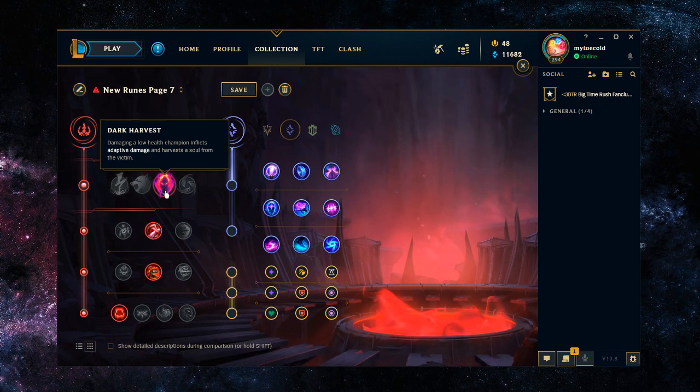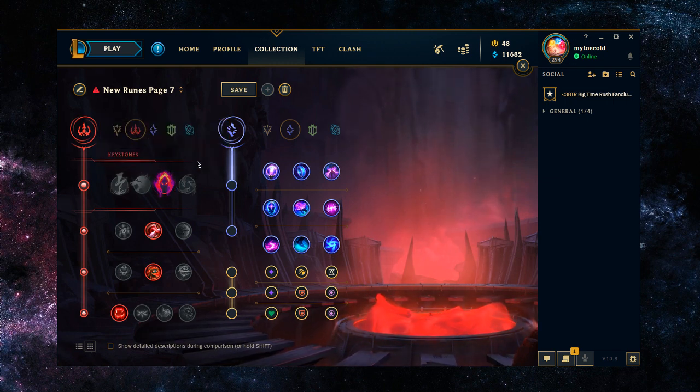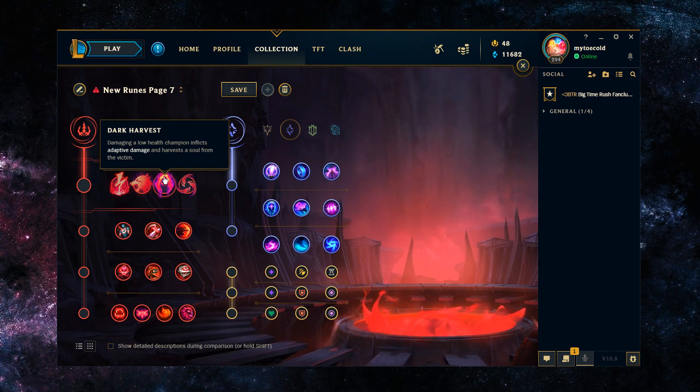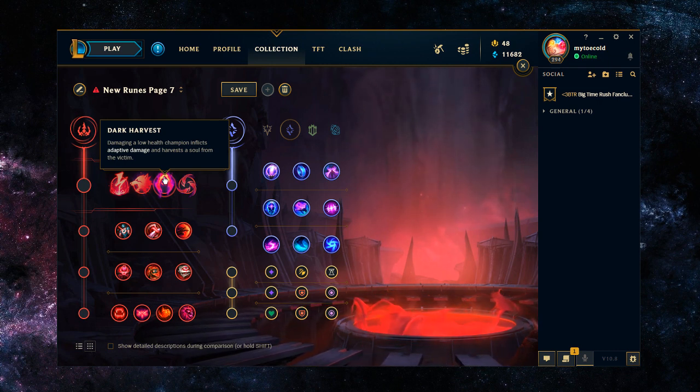Another option you have is Dark Harvest, pretty similar to Electrocute, where you're still in the domination tree. The difference with Dark Harvest is that it gives you more of a scaling option, but still gives you damage, versus the other control options you could have with, let's say, Unsealed Spellbook. With Dark Harvest, I think it's an okay option into those tank matchups when you don't need the utility from something like Unsealed Spellbook, because with Dark Harvest, you're getting less damage, but you are able to have this stacking component to it,